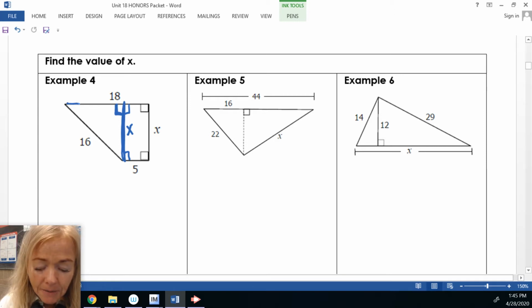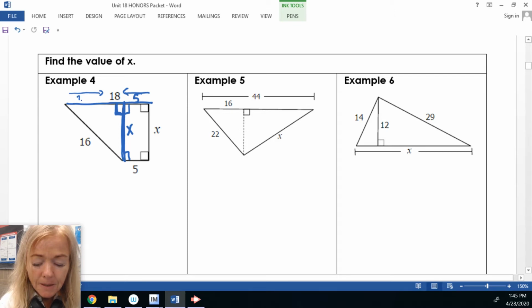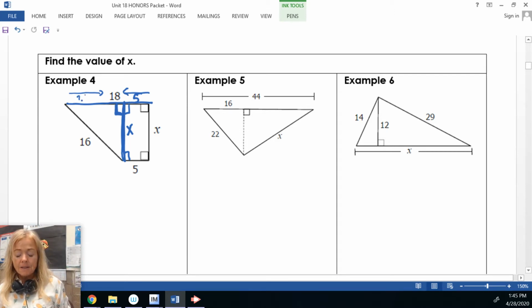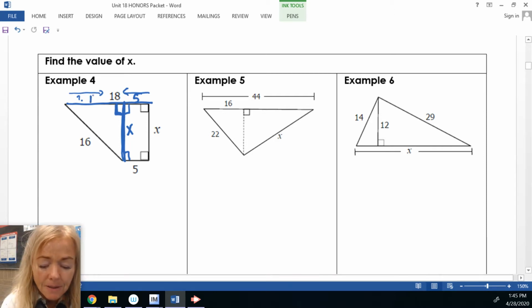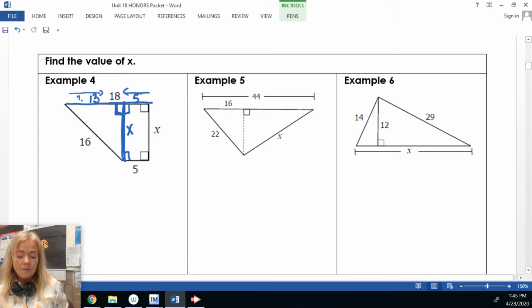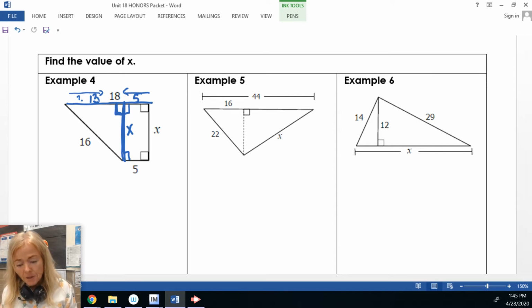If this whole side is 18, then the whole thing is 18, and I know this side is 5. What does that make that side? What does that side have to be? It would be 18 minus 5, which is 13. So I would know that that side had to be 13. So I've drawn an auxiliary line. I've cut off 5 units from that top side in order to create a rectangle and a right triangle,